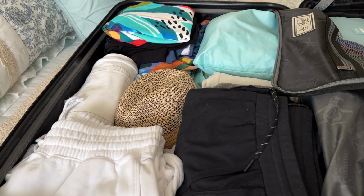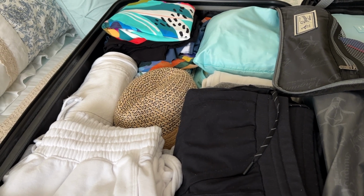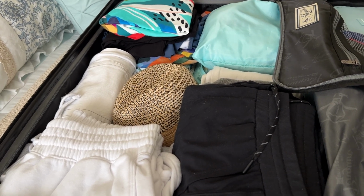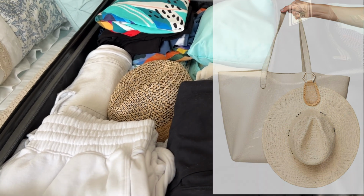Well, in today's video, I am sharing how I pack my hats for vacation. It is a common question I get asked: how do I pack my hats so they don't get squished? If you're just taking a carry-on, obviously they have cute little hooks now. You can just hook them to your bag, but if you're putting it in a suitcase, that is what this